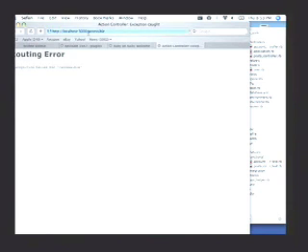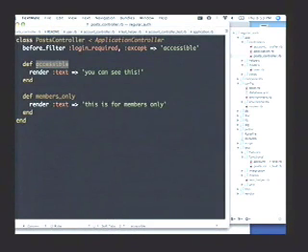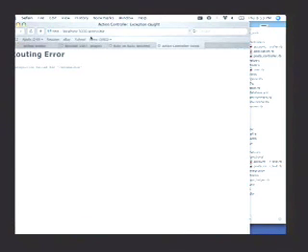So if we go to accessible, if I spell it right, post. Now we can see it. But if we go to members only, it redirects us to login. Other methods that come bundled with login are sign up,